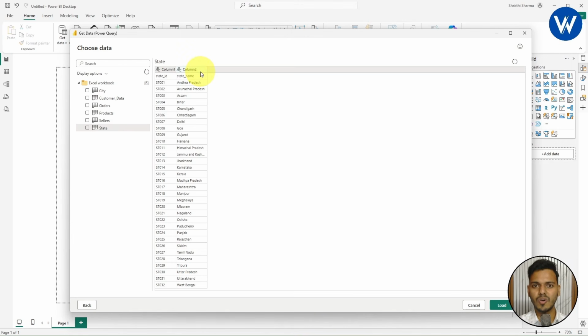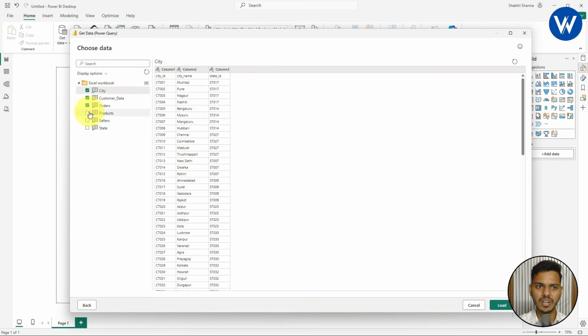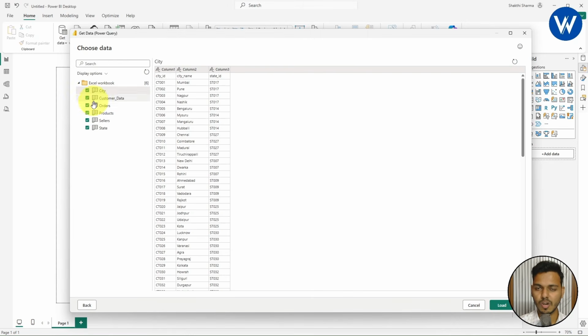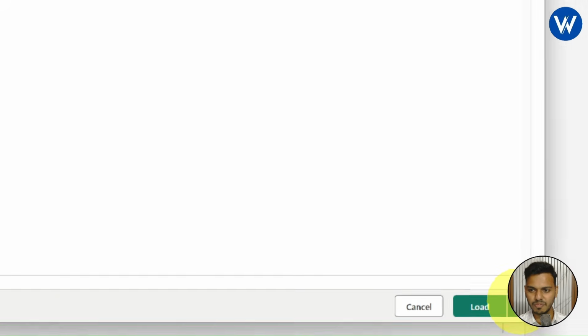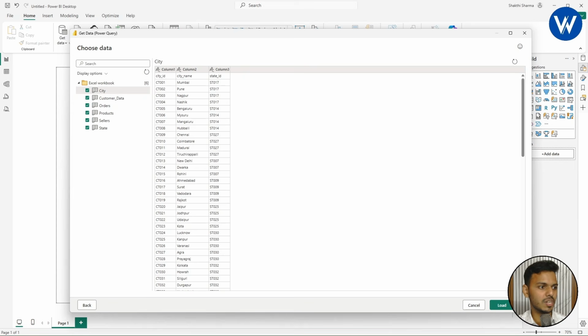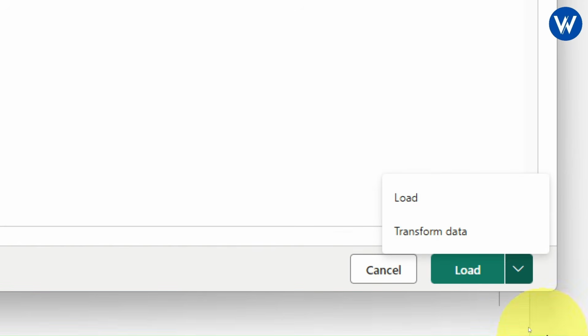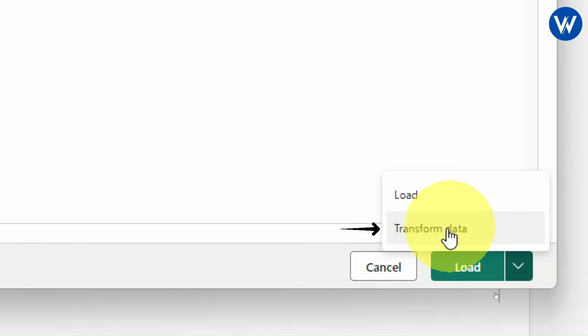I think most of you already know how to do the transformation. It is very simple, guys. First you need to check all the sheets. Look here, guys. You need to enable all the sheets. If you want to load or transform, you need to check these available options. Then only you can see this option will be activated, which is load. I think it is not visible. If it is not visible, let me show you, guys. Just look at the screen carefully, I will simply click on this available option. Now from here I will simply click on transform data.